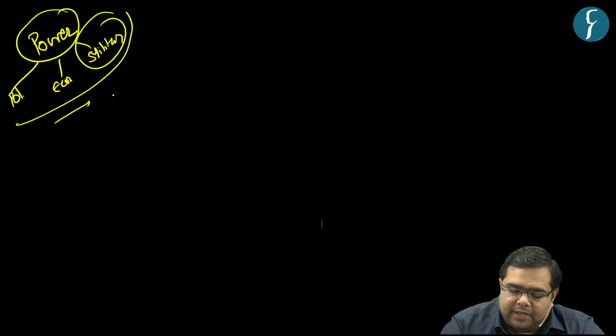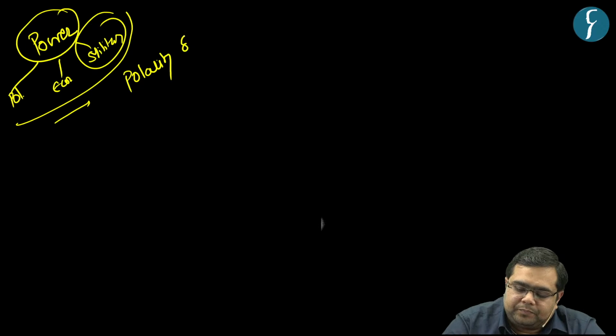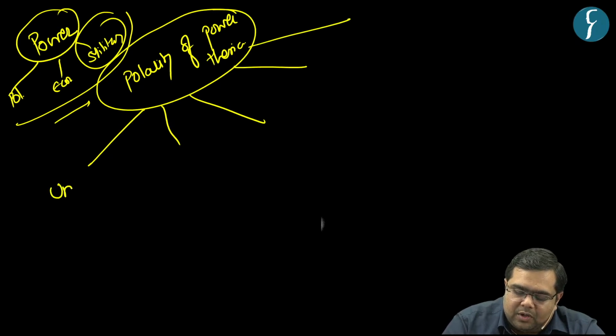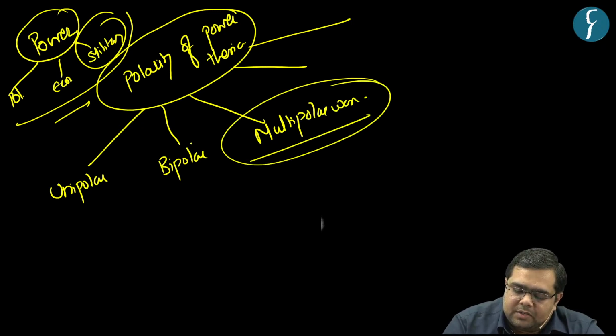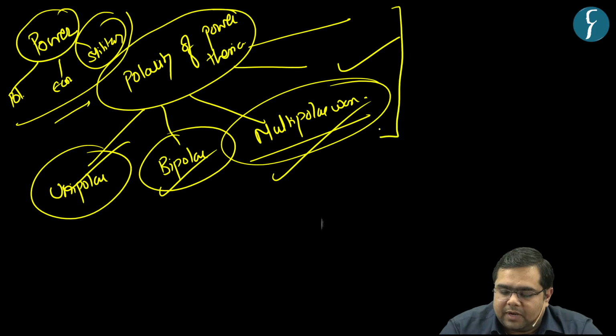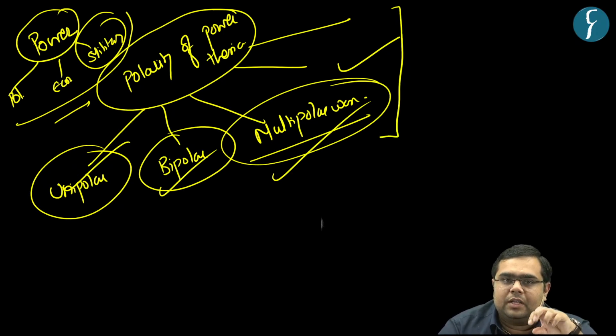So when various theories were being proposed with respect to the realist school of thought, various scholars suggested the polarity of power thesis. From that polarity of power thesis, keywords like unipolar world, bipolar world, multipolar world emerge. It might sometimes be confusing for students who have just started their preparation, what a unipolar world or bipolar world or multipolar world is. So now that we have clarified that all these words find their origin in the realist school of thought,